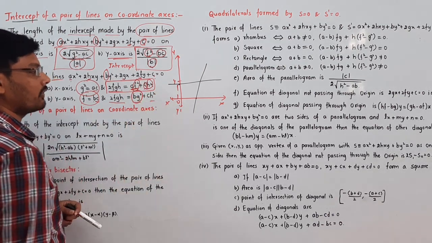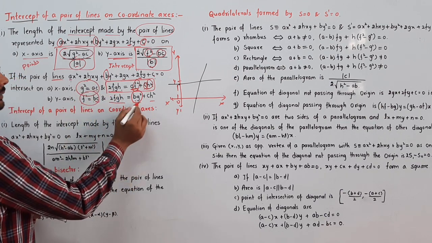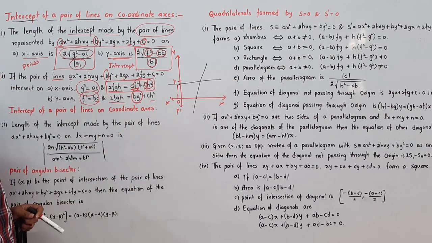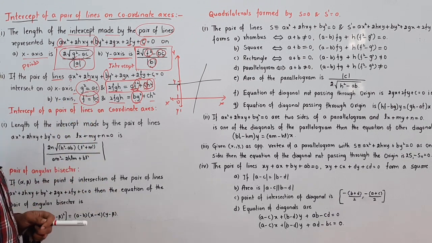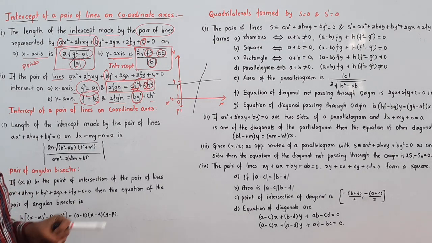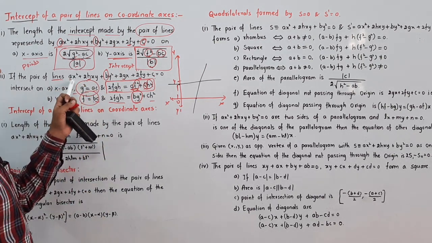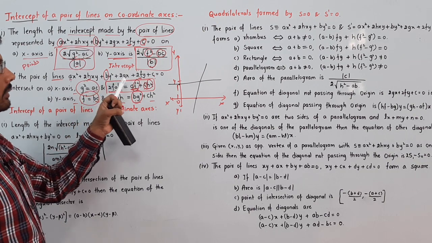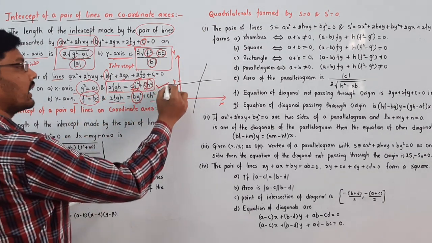ch square is common for both the conditions here. B is nothing but the coefficient of y square, g is nothing but the coefficient of x here. So these are the two conditions to remember for finding the intercept of a pair of straight lines, that is S equal to 0 in the form of ax square plus 2hxy plus by square plus 2gx plus 2fy plus c equal to 0 here. These are the two conditions here.